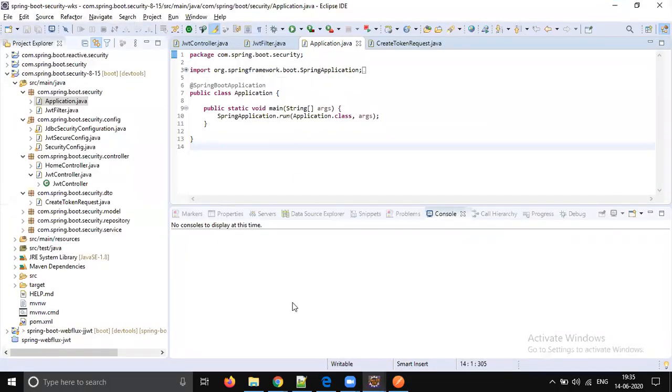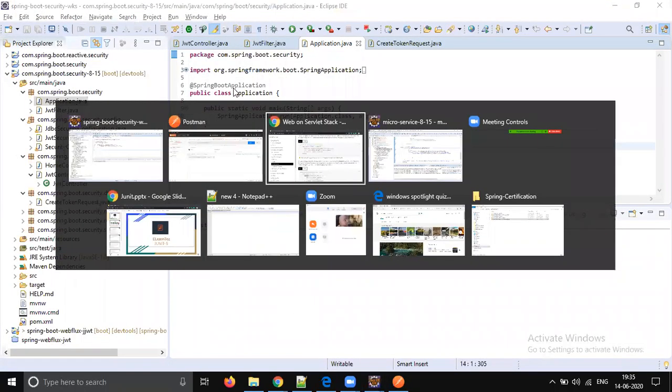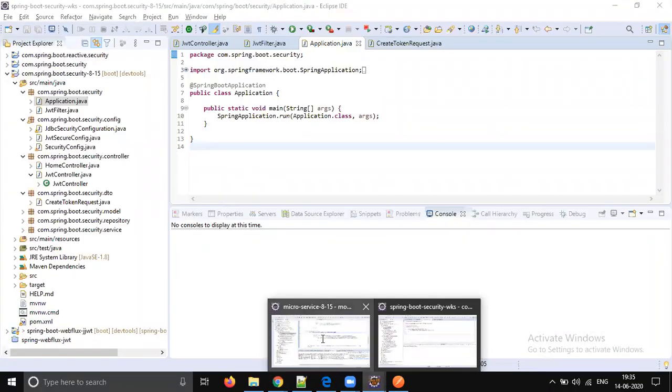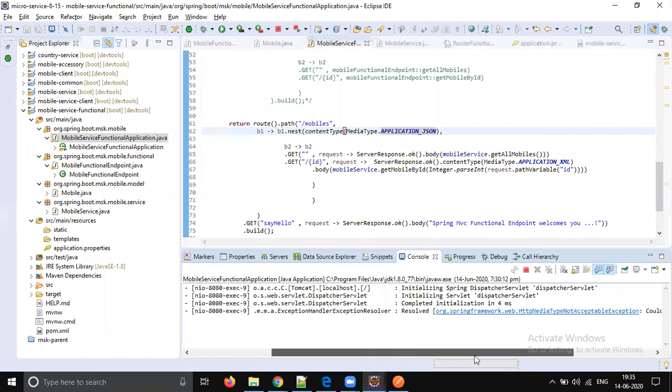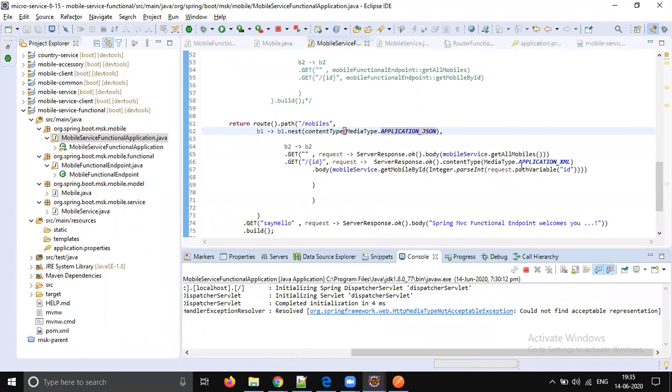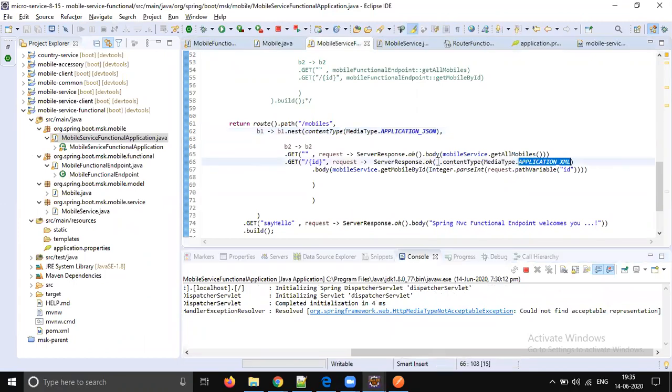No. So no, it is not working. So nested route, we are not able to return XML.